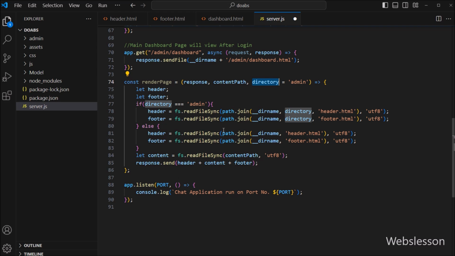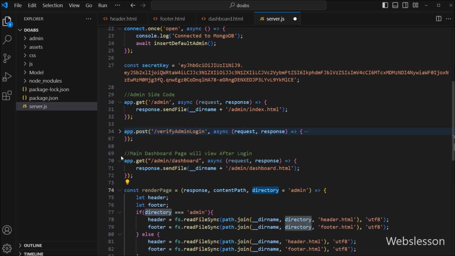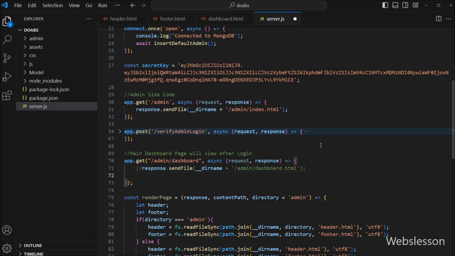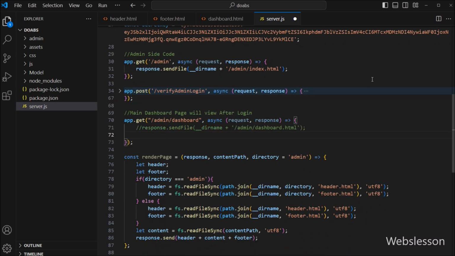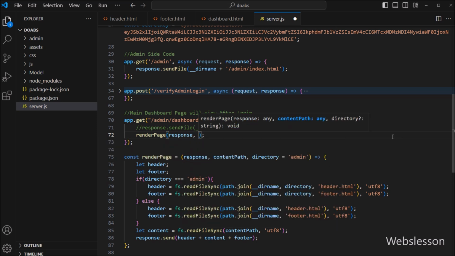Now we go into the /admin/dashboard route's code, and under this, we have to comment out this code. And here, we have to call the render page function with two parameters. In the first parameter, we have to write the response variable, and in the second parameter, we have to write path.join function with